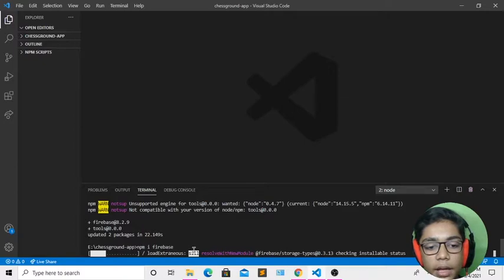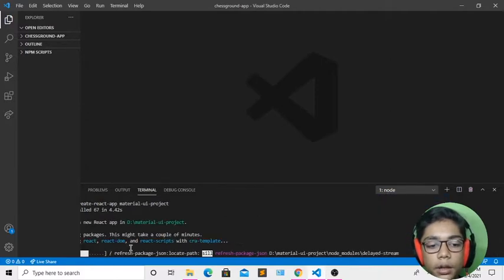You can see that npm i firebase, which I have written, is installing all the things which we need related to that. It will take some minutes here, and it depends on your computer. If it is fast, it will install really quickly, and if it is slow, it will take some time or some minutes. So you have to just wait till it is downloading.